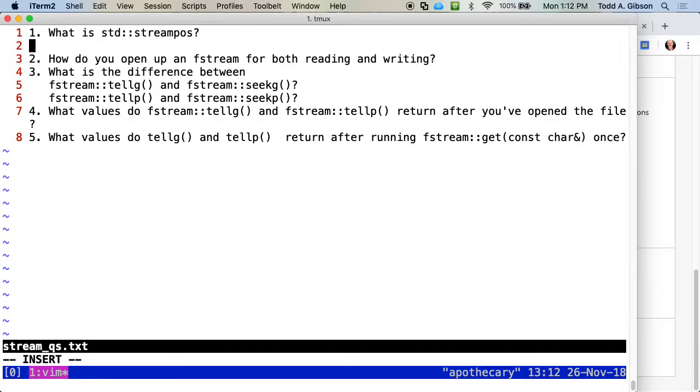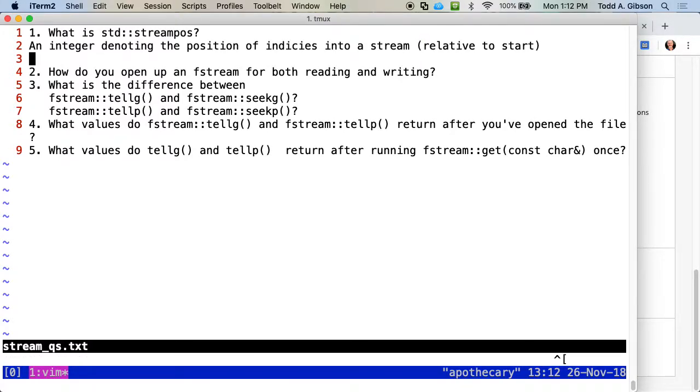It is an integer that denotes the position in a narrow string, CNCF, CRC log. A data type designed to hold positions of string pointers, indices relative to the start of the stream. I think I finished writing my answer. All right. Yeah, I think that captures it. One is that it's a fancy name for integer.